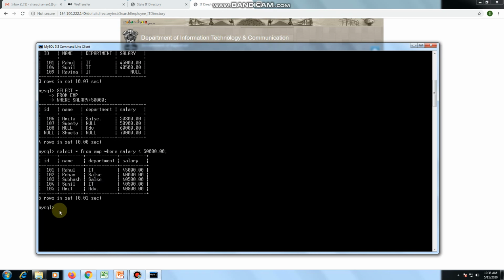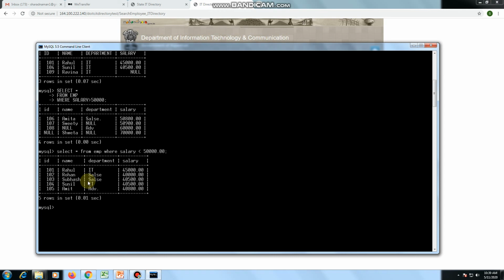If you want to use the where clause with multiple combined conditions, for example my requirement is to display the list of employees from the IT department whose salary is less than 50,000, now I have two different conditions in a single query.